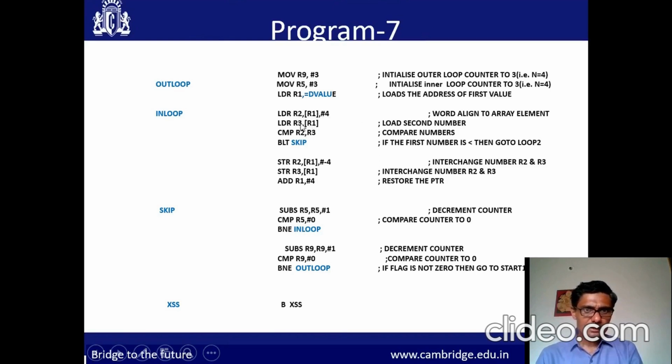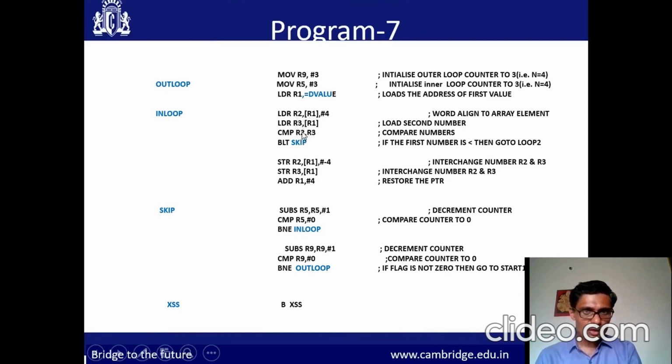Then again the second data: the R1 pointer is incremented, it is pointing to the second one after execution of this instruction. So the second data is copied into R3. That means the first data is available in R2, the second data is available in R3. They are compared.